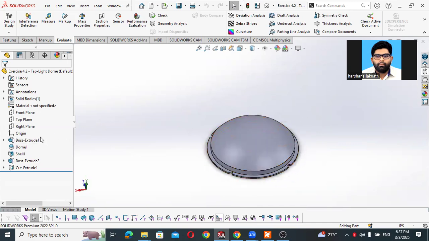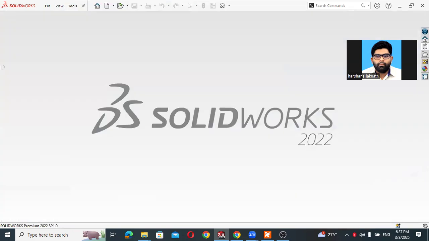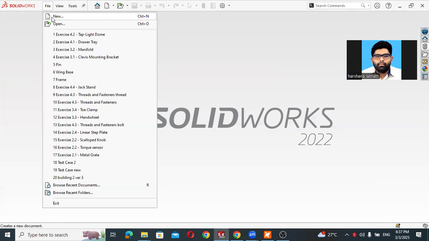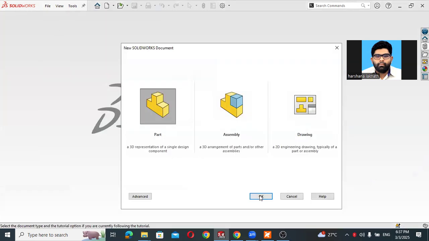To create this model, we have used extrude, dome, shell, and extrude cut, which are basic 3D modeling features. So we will start the model from the ground up. We are creating a new part. Click OK here,